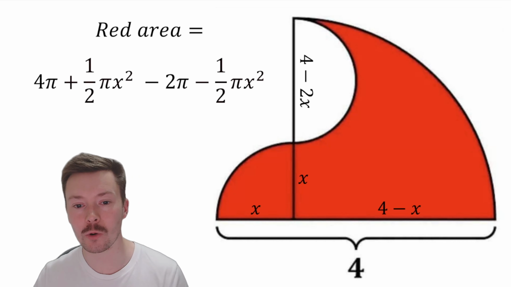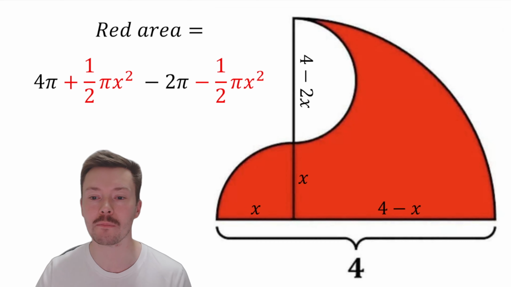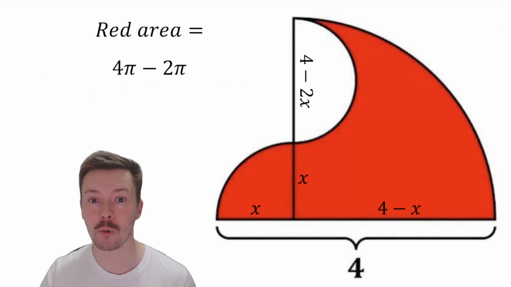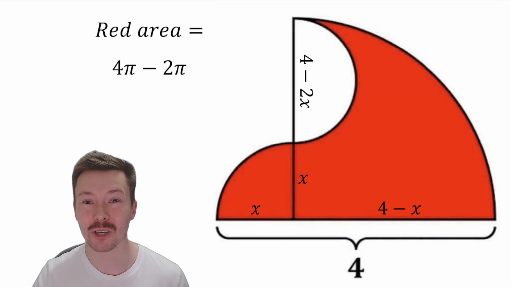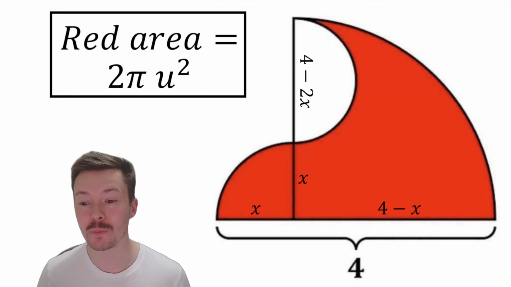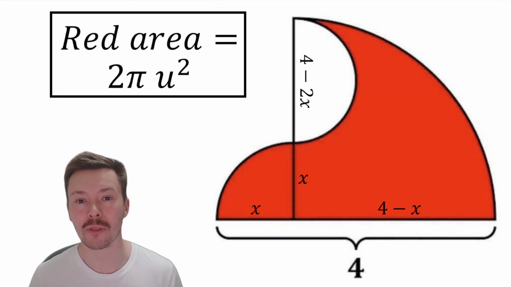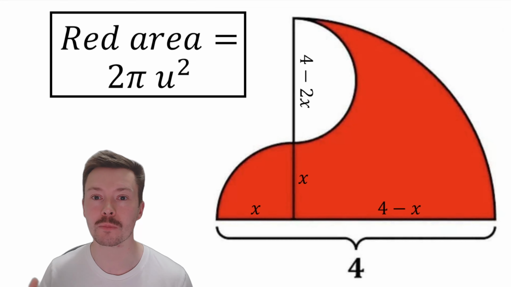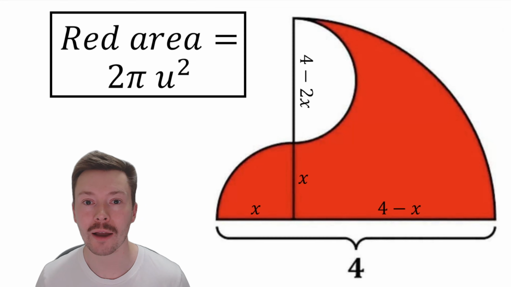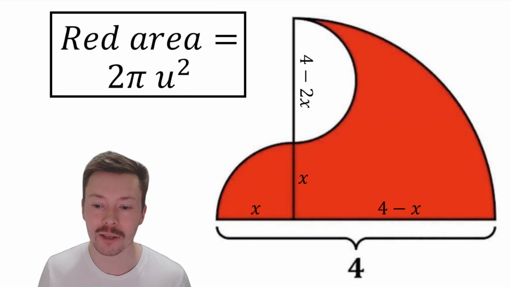But again, if we notice, we've got a half pi X squared minus a half pi X squared, so they will cancel as well. And that leaves us with 4 pi minus 2 pi, which gives us an exact answer of 2 pi units squared as the area. So it doesn't matter the height of that quarter circle, if you subtract the semicircle in the way that we have in this question, we will always end up with an exact value